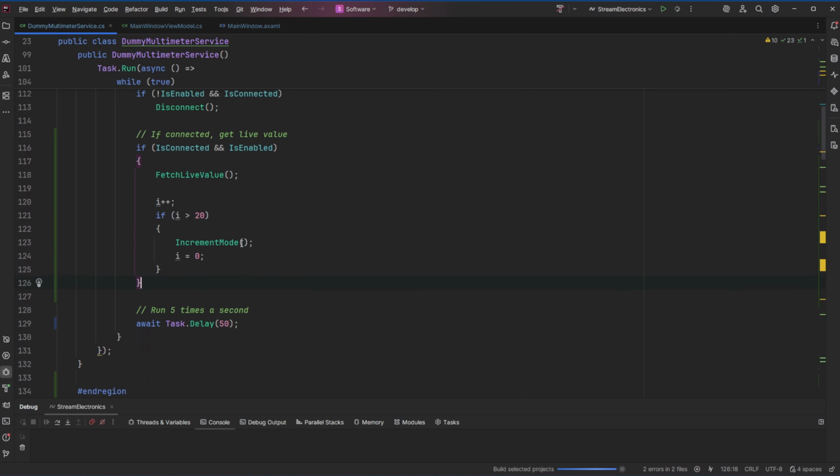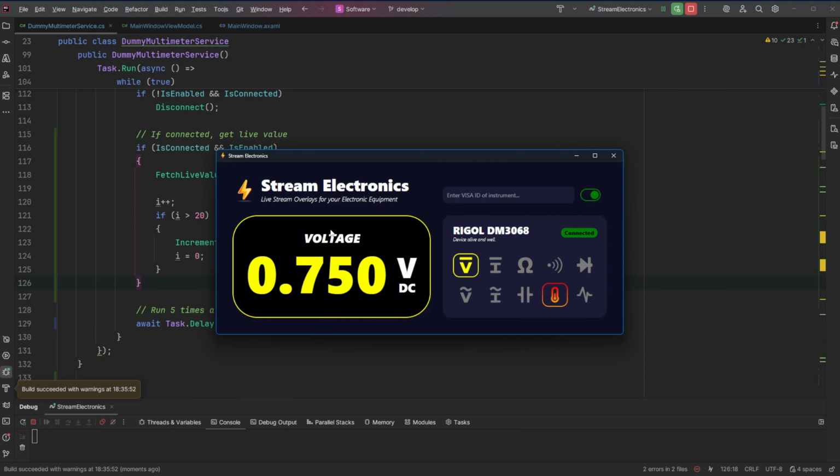So turn on, and then presumably every 1 second, that's going to change. Unknown voltage, unknown current. Okay, so the plus plus is a bit strange, but it's going through the modes: continuity, frequency, temperature. Oh, I like them gradients. Yeah, so we're getting some funky stuff with just the fact we're randomly adding numbers, but you can see the modes cycled there. So if we turn off, turn on,